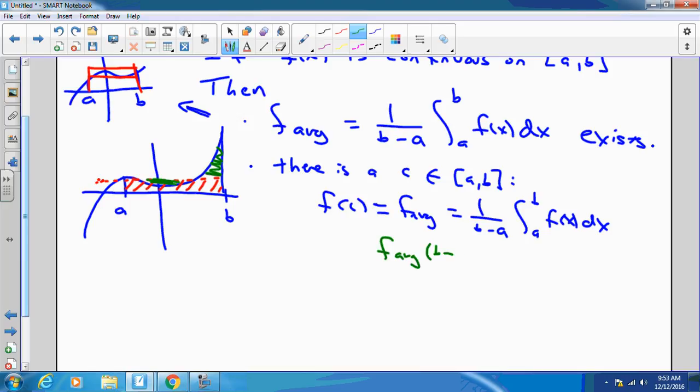And we can see this simply by multiplying both sides by b minus a. On this side, what I have is literally height times width, which is the area of the red rectangle. And on this side, what I have is the net signed area under the curve. Okay? Now, the proof of this is delightfully simple. It depends upon the intermediate value theorem. Since f is continuous,